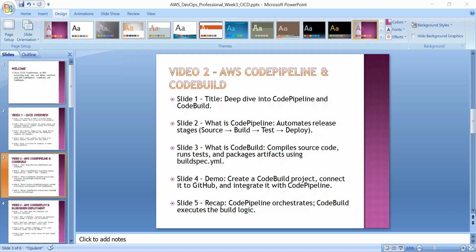So in my next videos, I will create a CodeBuild project connected to GitHub, and then build instructions using a buildspec.yml file, and then I will integrate it with CodePipeline to automate builds as well. Okay, and then you will see